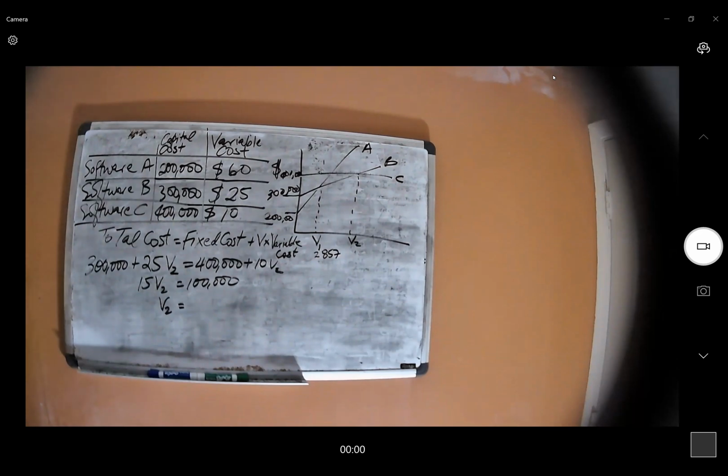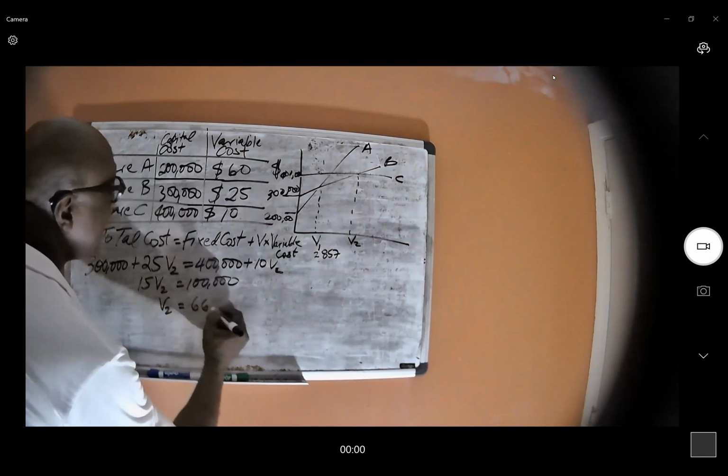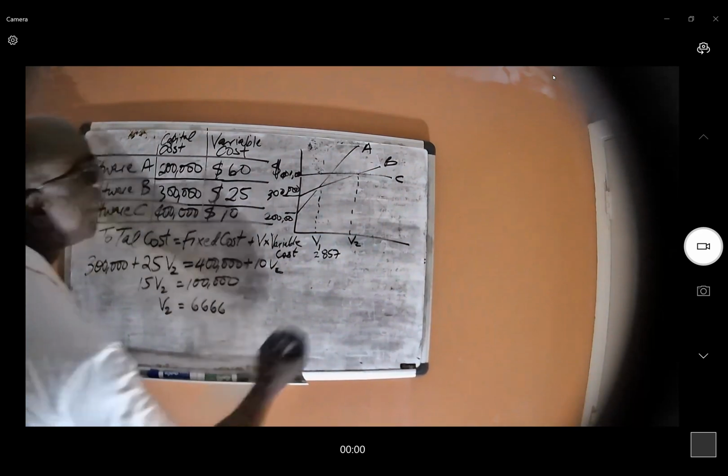I think you would know that. I kind of think you would kind of know that, so I didn't bother. I got 6,666. It's 6,666. Right. So V2 is